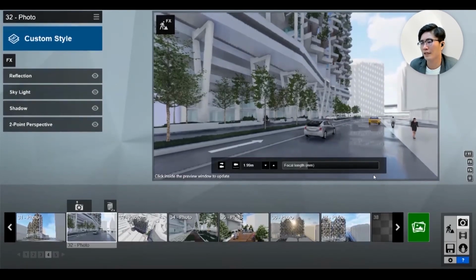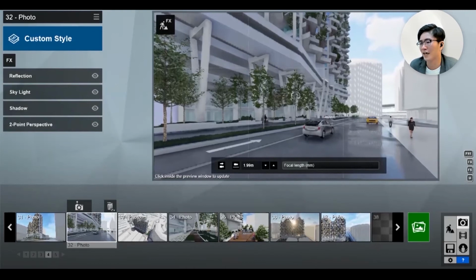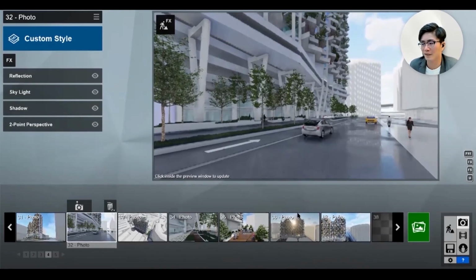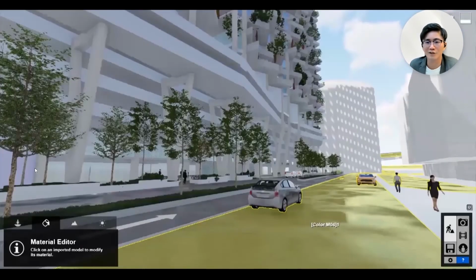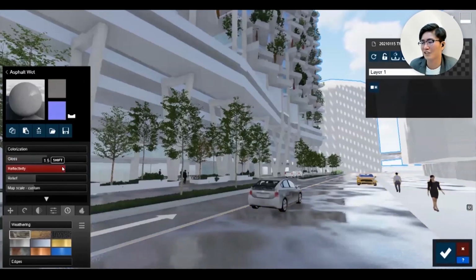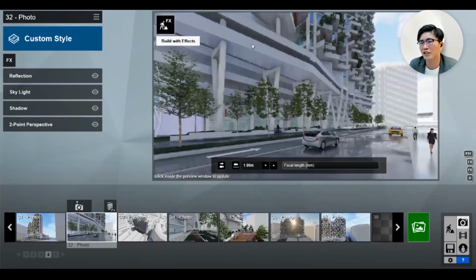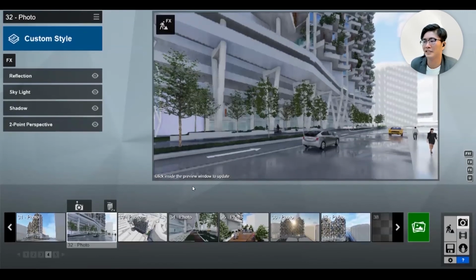Also it is affected by the material itself, like the timber just now. If I pick this road and increase the reflectivity here, you will see more reflection on the road surface. It becomes like after rain. So I purposely made these edges touch the corner. This is the strategy of getting the killer angle.